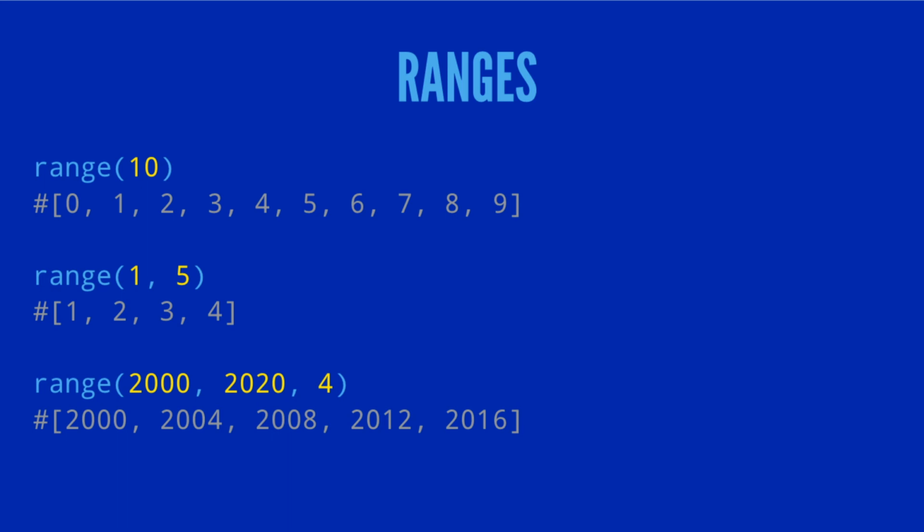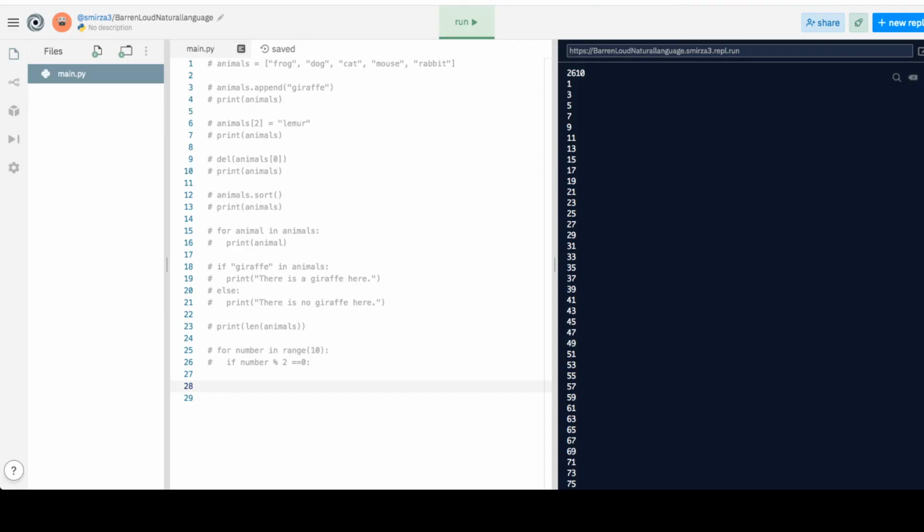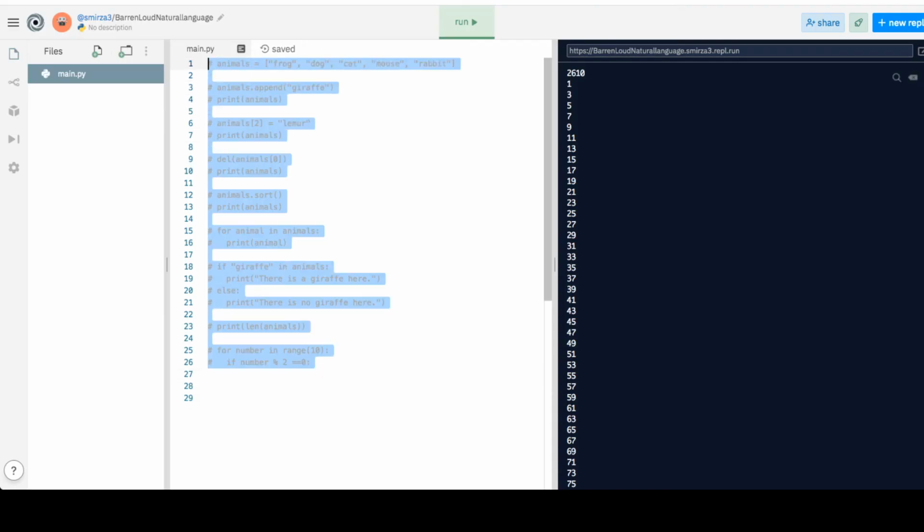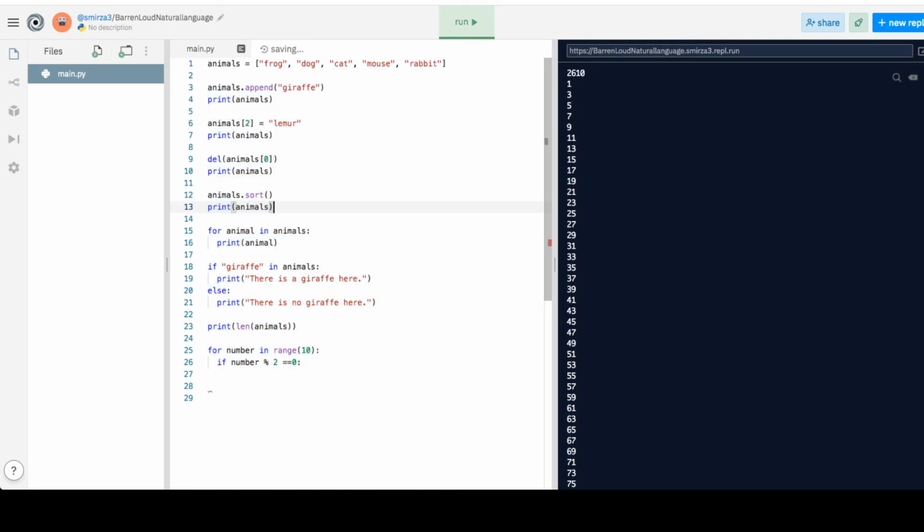How to do the list alphabetically. So I'll see if I still have a list up in my REPL. So if you look here, this is where I sort out the list. So this is how you do something alphabetically. So if I run that,